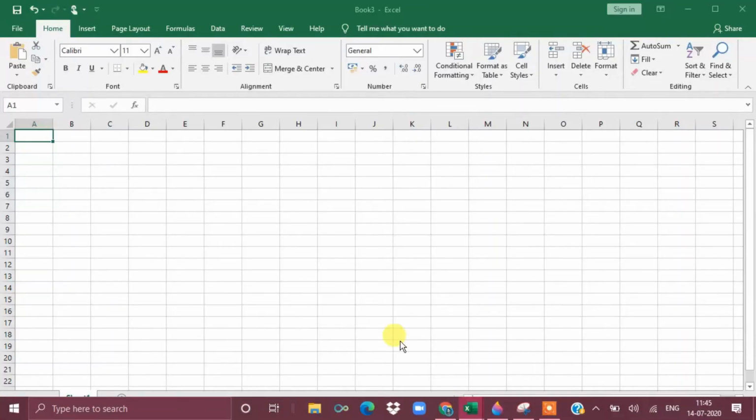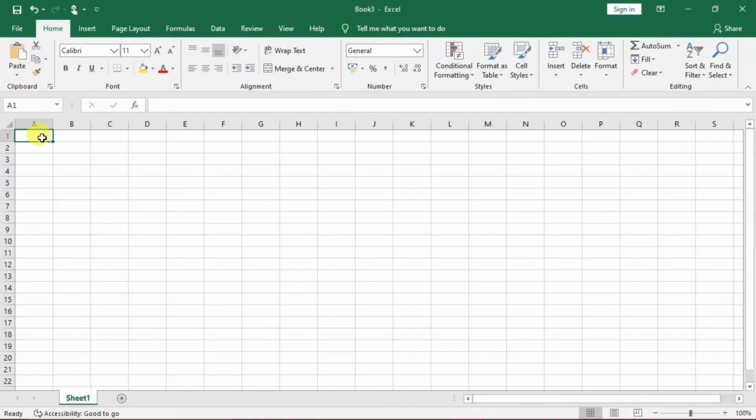What I was talking about last time, how to put the serial data out here. Suppose you have typed here 1, and typed here 2, like this, and then you highlight the total things out here, and then you click and drag, the serial numbers will be created. So no need to type now on, you have learned.